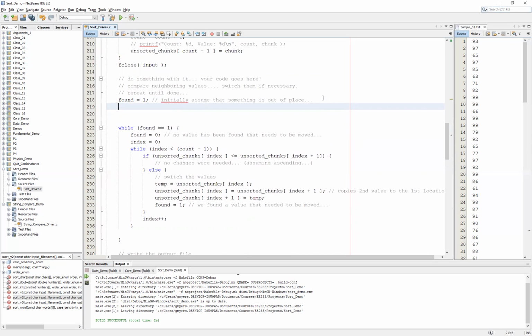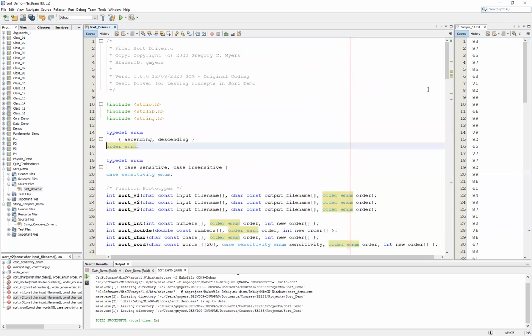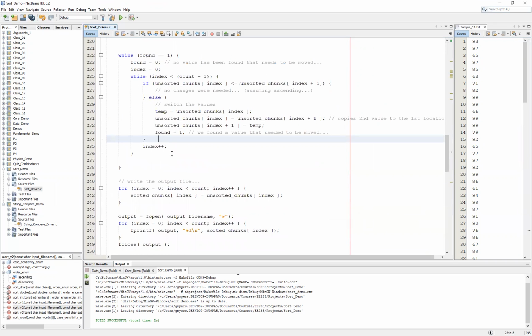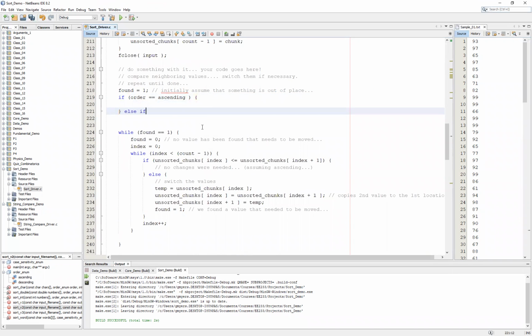And so basically, after we have initialized our found, we simply check to see if order is equal to, and in this case, we want to use our order enum. And if you right click on the order enum and go to definition, you'll see that our options are ascending or descending. So if you scroll back down here, we'll check to see if our order is equal to ascending, else if our order is equal to descending,